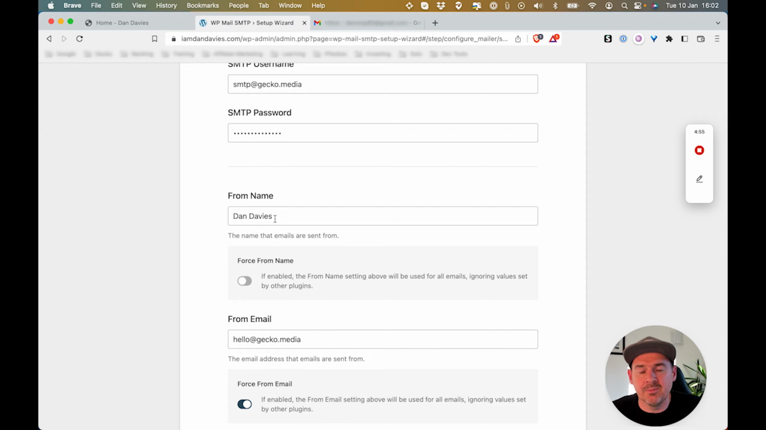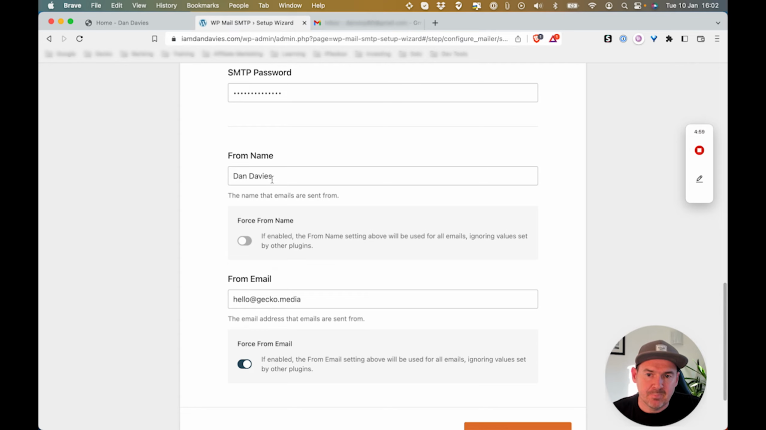So the from name, this is who the email will show that it's been sent from. You can force that so every time, like you might not want to. So for example, if you've got Contact Form 7 and that form has got some settings that might be, you know, it's from the contact page form or it's from the services page form, then you might want to leave it like that, whereas this one would force it. So for me, I'm going to leave that as unchecked, just put my